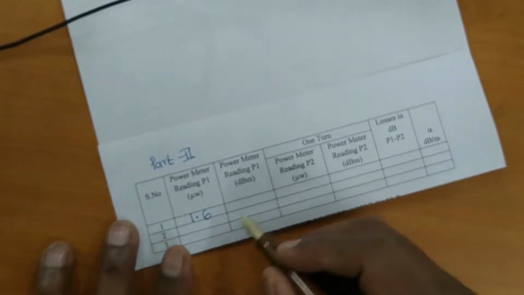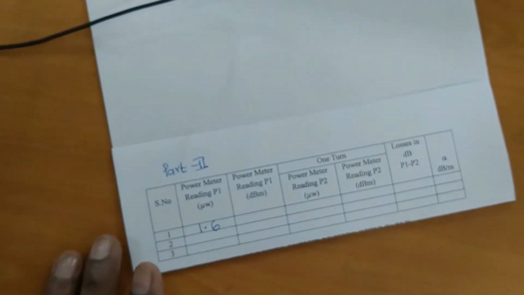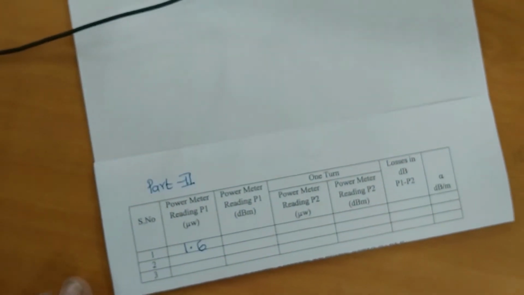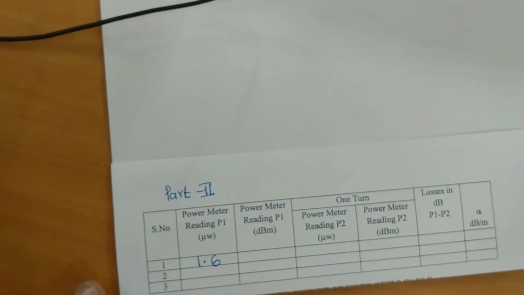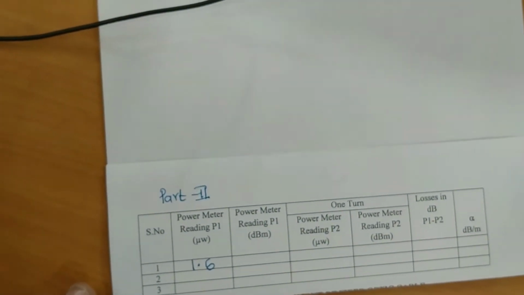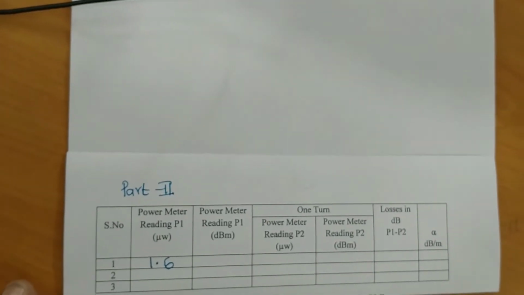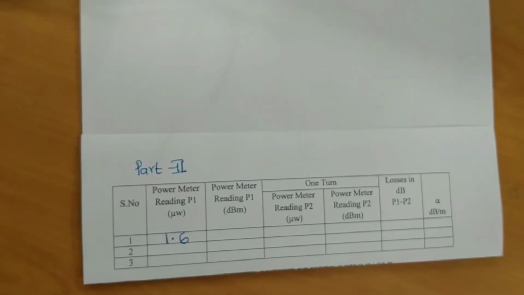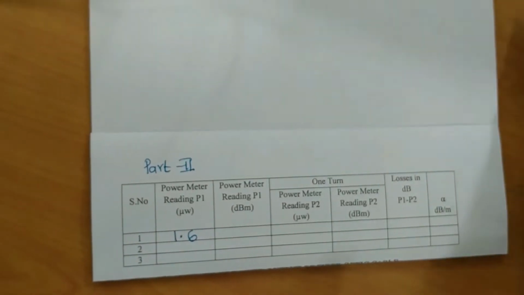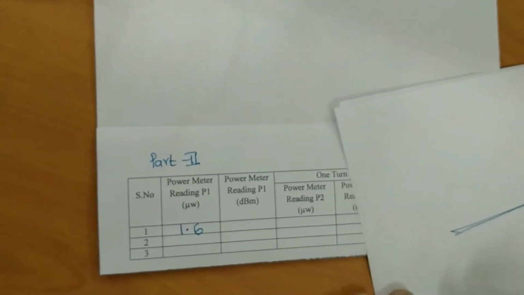I need to convert this into dBs. dBs means decibels. In general, in communication systems, the losses or the signals are measured in terms of dBs. That is called the decibel per meter. Therefore, the formula to convert the value from microwatts to decibels is dBm,